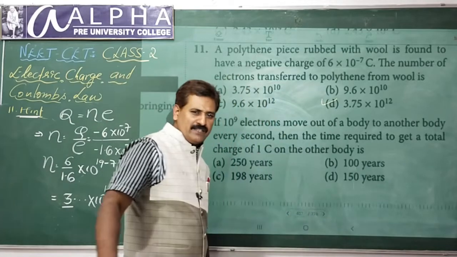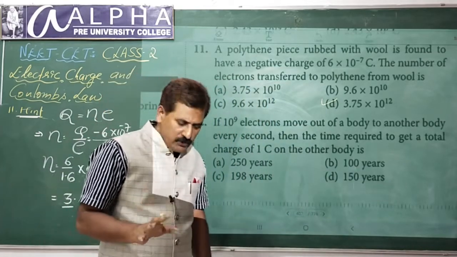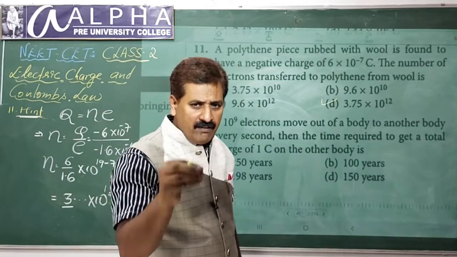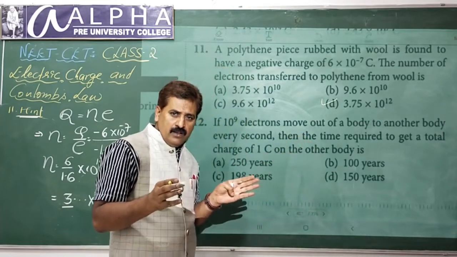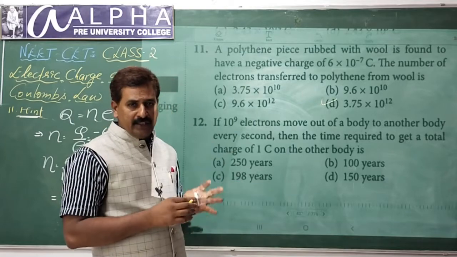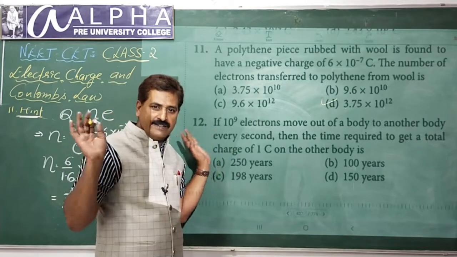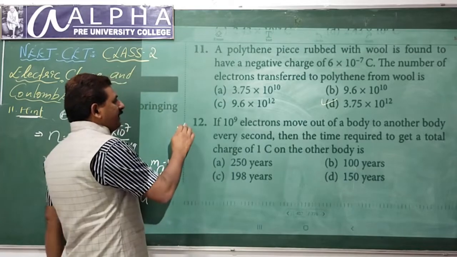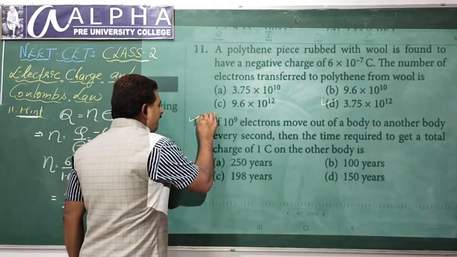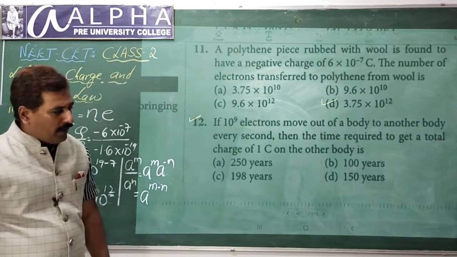This is one of the tricks, remember students. Sometimes you need not multiply or divide completely. If you identify the first digit, or sometimes the power, correctly, the answer is done. Very simple. Okay, fine. Now let's move on to the next problem, that is 12. Let us read question 12 now.